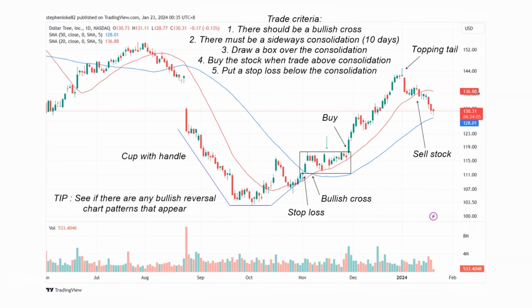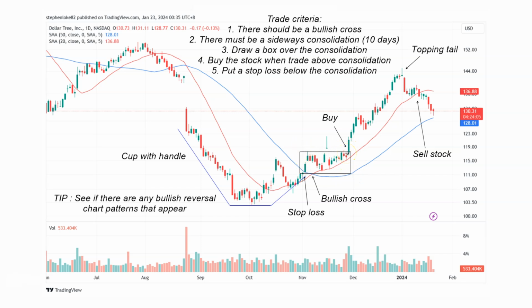Now let's take a look at another example. Here are the trade criteria and the things you need to look at. And here we have the stock chart of Dollar Tree, and actually this stock formed a cup with handle pattern. This is the cup with handle pattern. Okay, and the handle itself is actually the consolidation part